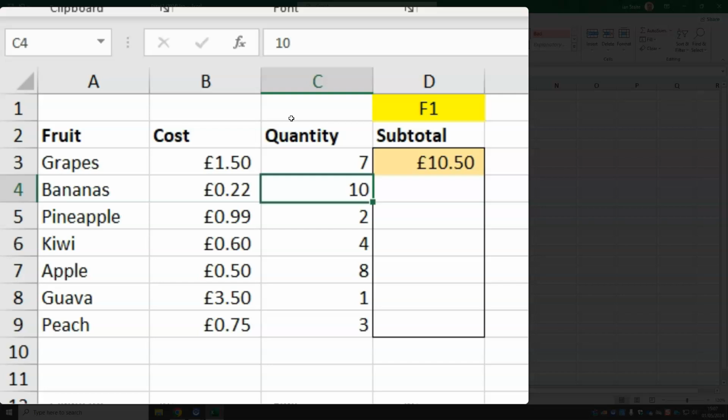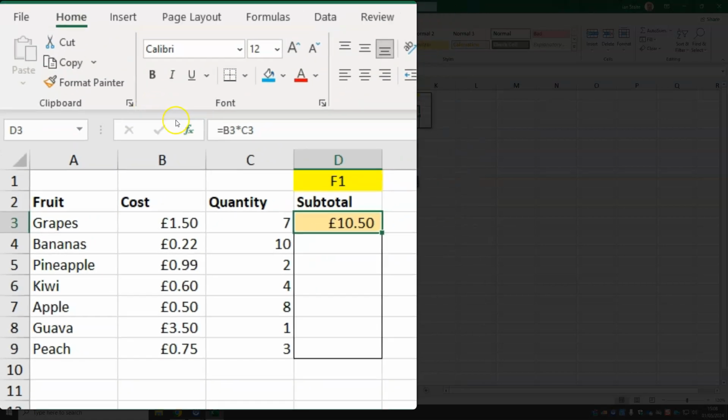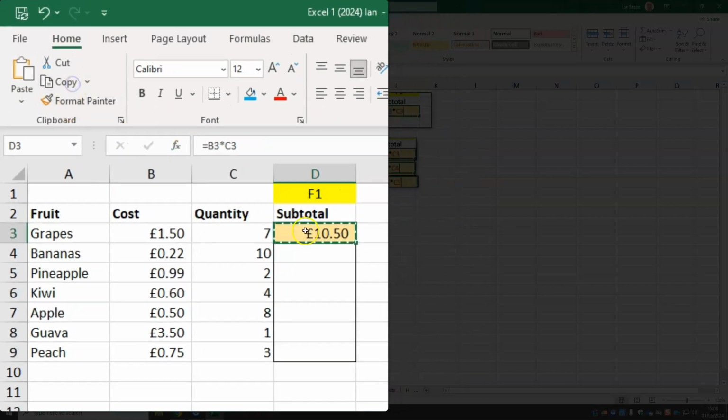Now we want to do the same on the next row down and the next row down, bananas, pineapples, etc. We could make the cell calculation again manually. As you might imagine, there's better ways of doing that. The first better way of doing that is to actually copy and paste. Now this is a part of Excel where copy and paste don't actually work as copy and paste. If I copy that cell and I click on the cell below and paste,